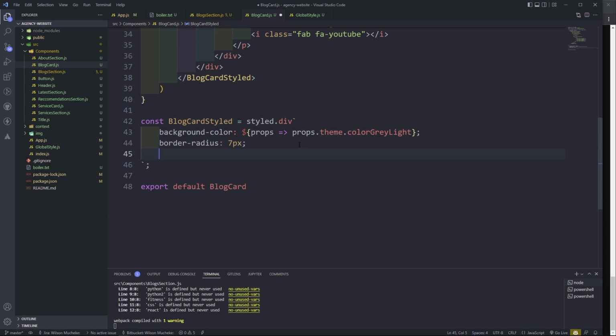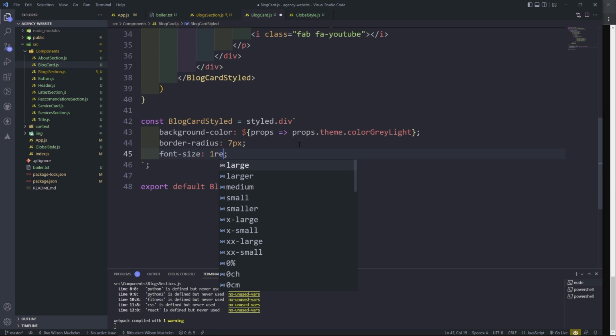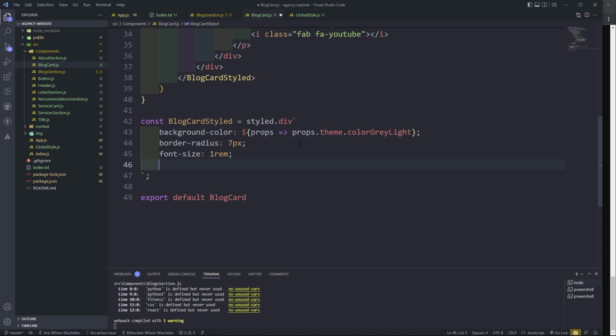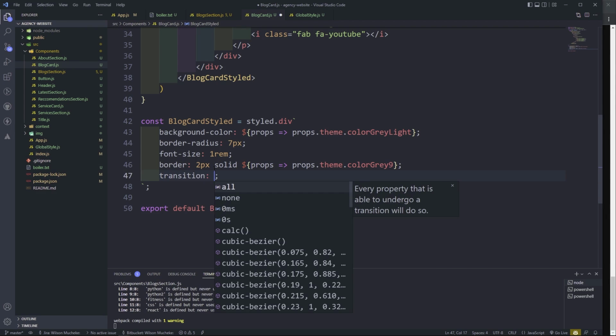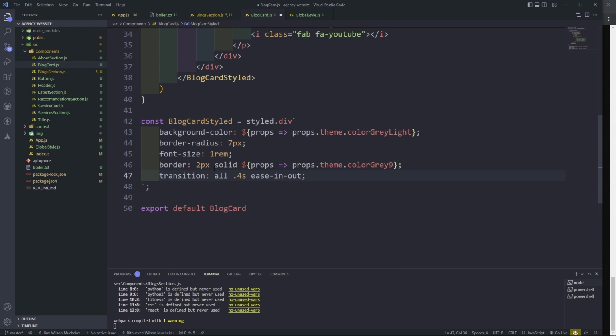Okay, so let's do font size for RAM, and then border 2 pixels solid, gray 9 for the color. Let's do a transition 0.4 seconds, ease in and ease out. Let's do a cursor to pointer. When we hover, what do we want to happen? Well,